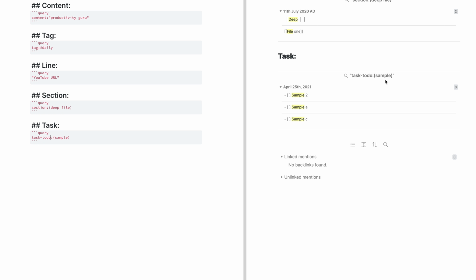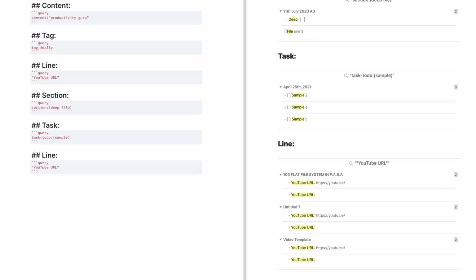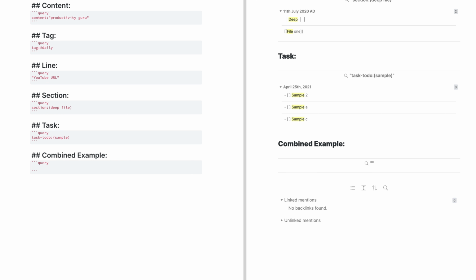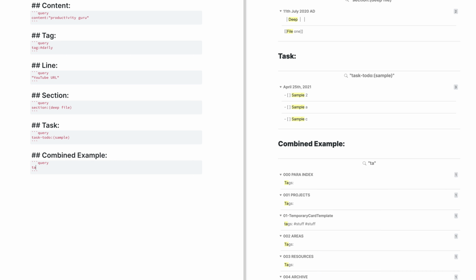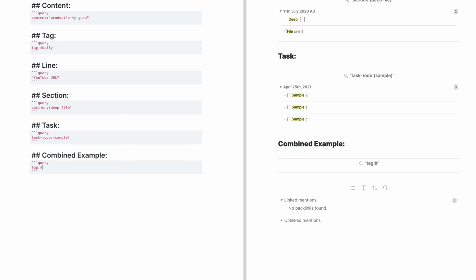I'll be doing a video where I'll be showing you my new daily notes and weekly notes template, where I use this to see all the tasks I've accomplished and all that are to be done in a day or a week. Let's build that basic query. Let's say I wanted to see all the notes that have the tag daily in them. So I type tag: #daily.